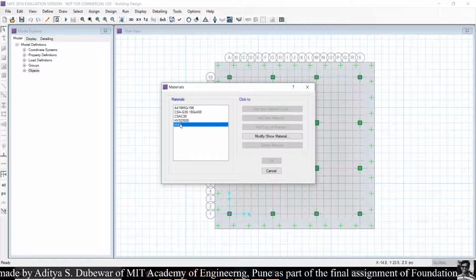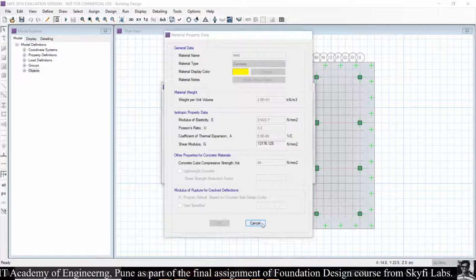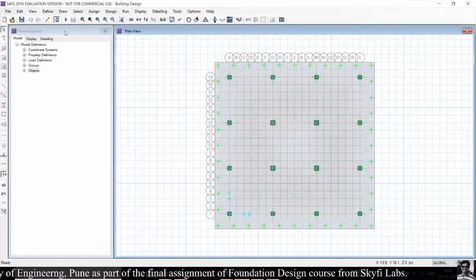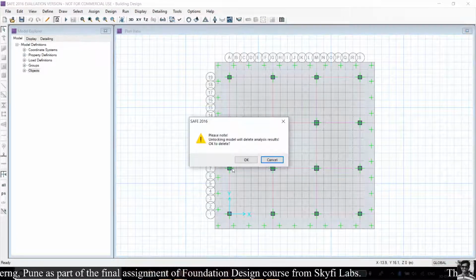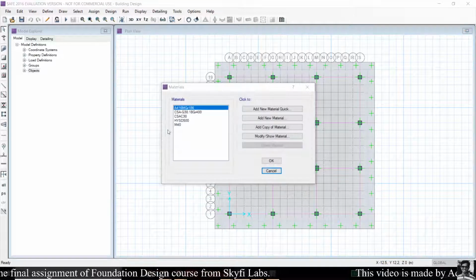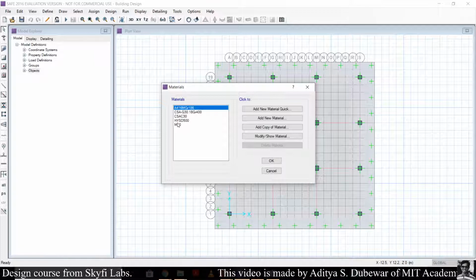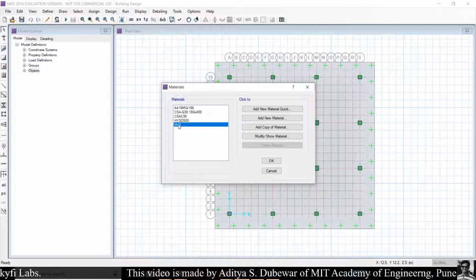then define the M40 grade concrete. As I already ran this model, it is locked, so unlock this model. Okay, and define the material properties. For the material used in the design of the footing, we are using M40 grade concrete and HYSD 500. That is defined like this